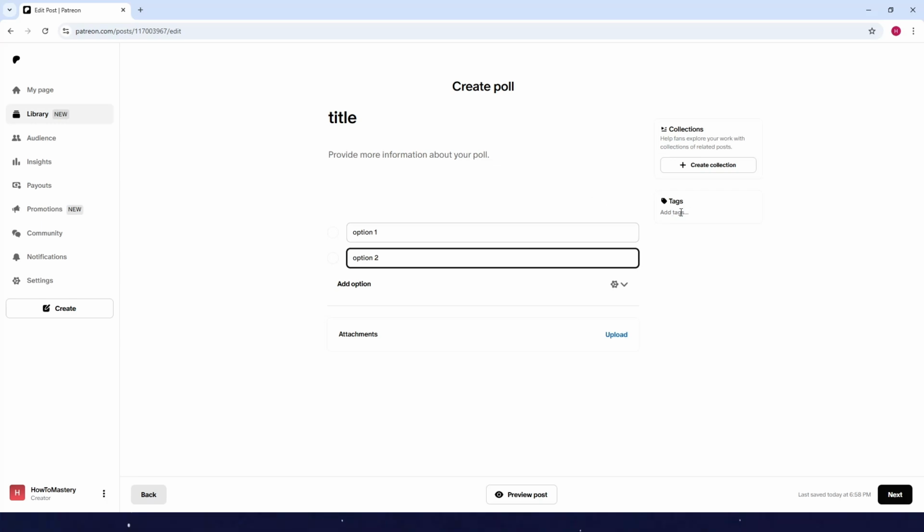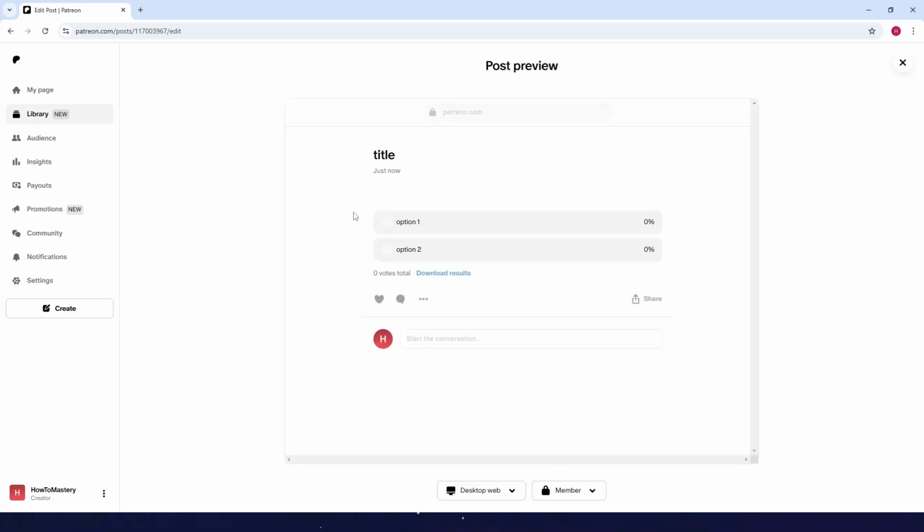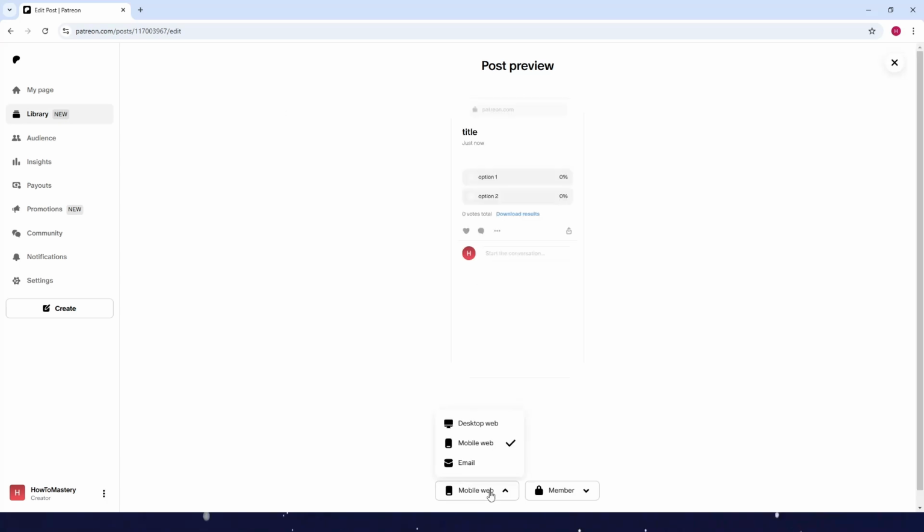You can also add tags, and then you can also add another option if you want. You can also customize the poll settings here, and of course you can also add attachments. So let's say you're done adding all of the details here. You can preview your post. So this is for the desktop view, then you can choose the web mobile view as well,